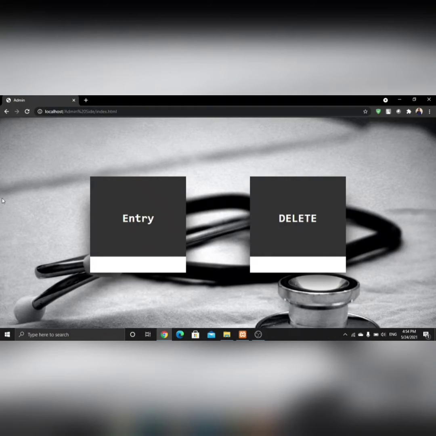The main aim of this project is to monitor people who have tested positive for COVID-19 and were made to quarantine themselves at home. First, let's look into the admin side. When an individual tests positive and is advised to quarantine at home, only then can they access the web.